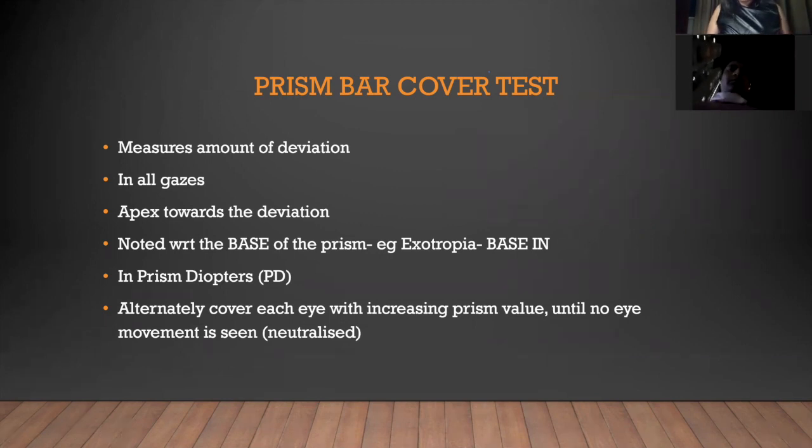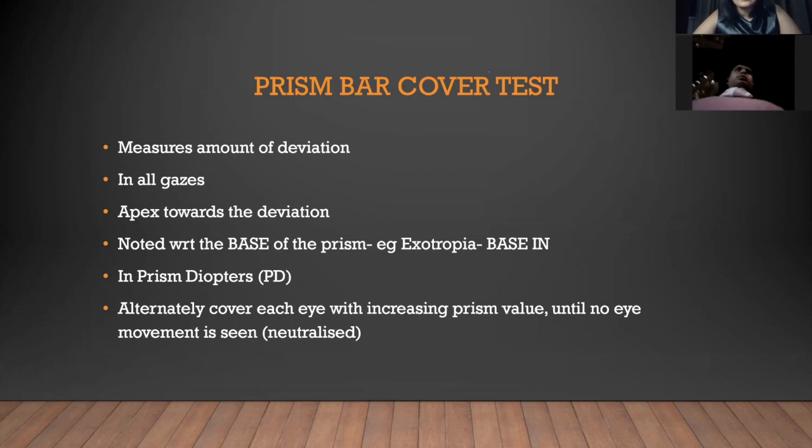First, your basic test was your corneal reflex test, a gross estimate. How do you accurately assess the amount? By using prisms. Now, what do prisms do? Prisms are used to neutralize the amount of squint and tell you the exact amount of squint. So you measure the amount of deviation in all the gazes. Squint examination is always to be done with glasses and without glasses, and it is to be done in all directions of gaze. When you use a prism, you want to use the prism with the apex towards the deviation.